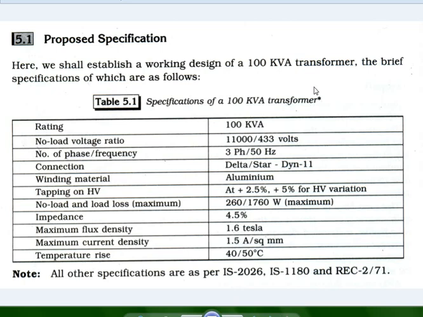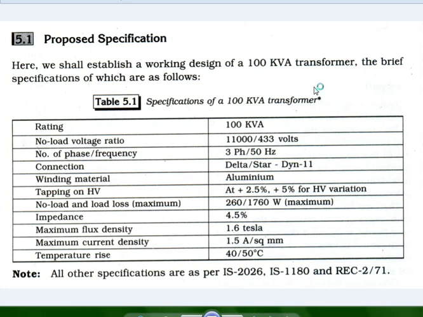Okay. First thing. Please write it down. You will be doing this calculation, so write it down. It is not loading for me right now. Next time we will continue it from there. This is a 100 kVA transformer. And the no load voltage ratio is 11,000 volts / 433 volts, and it's being recorded.